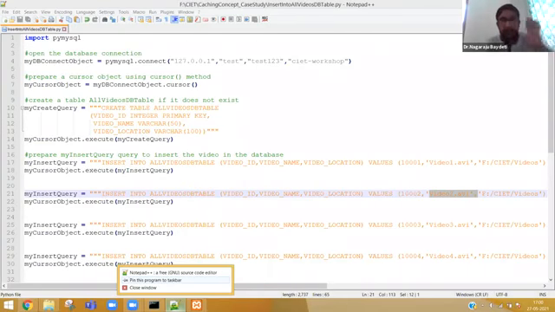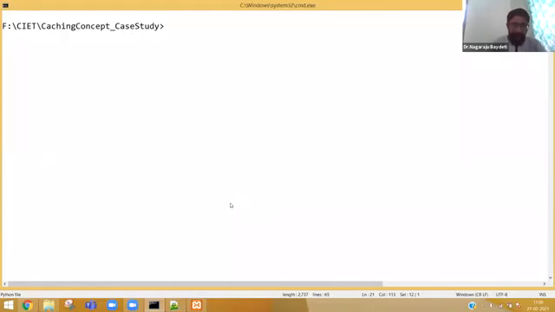Imagine this is a secondary memory. You should imagine this table as a secondary memory. Now let me execute this file. See, before executing, you can clearly see that there are only 2 tables.